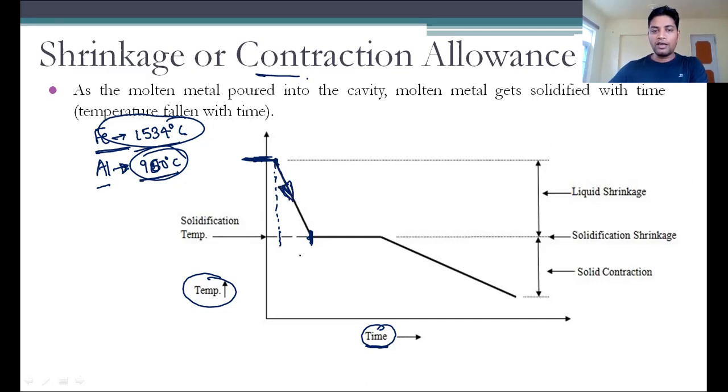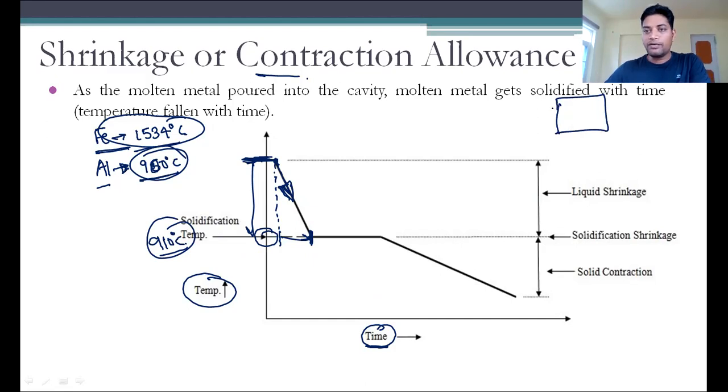So now you can see that very fast means in a very small time the temperature has fallen from 1534 to, if you talk about iron, 910 degrees centigrade. Okay, so from 1500 to 900, that is 600 degrees centigrade, it can happen within a very small time. Okay, so if this is the pattern that we have initially created